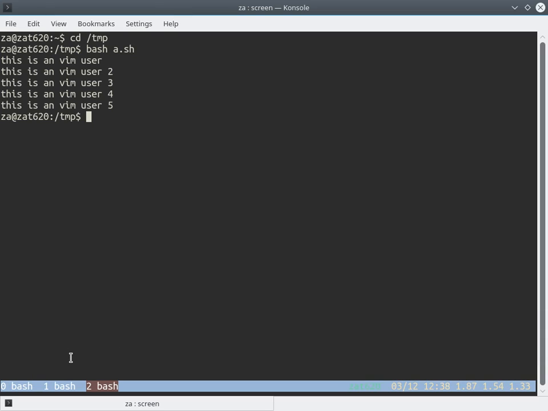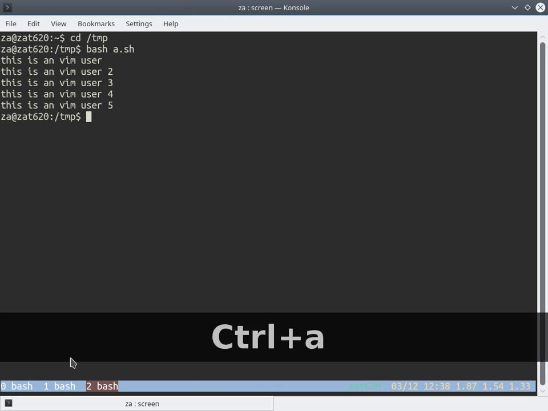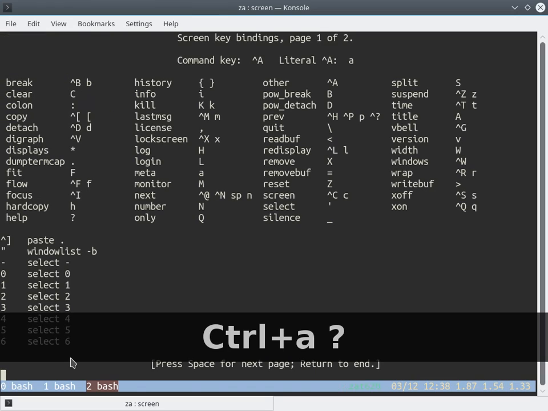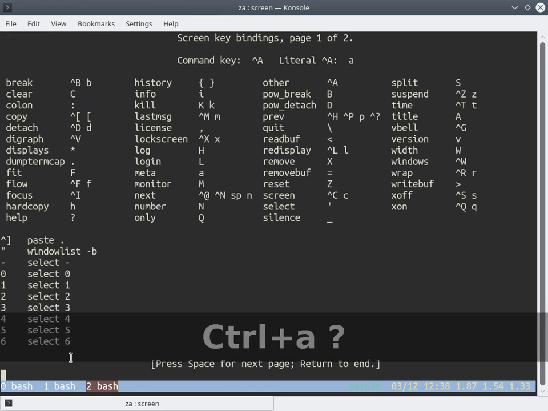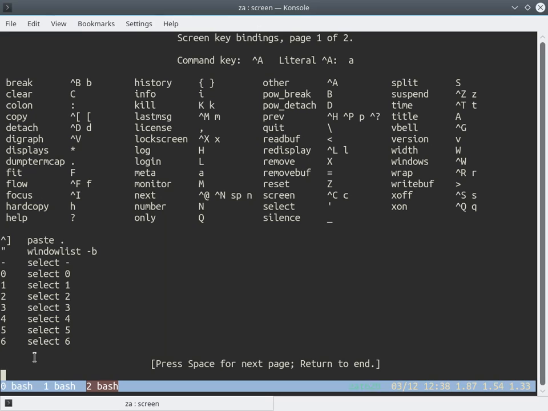Just edit. And I show you how to get help inside screen. It's Control A and question mark. We get a page of, actually 2 pages of help. We see that the command key is Control A followed by this key. For example, if we want